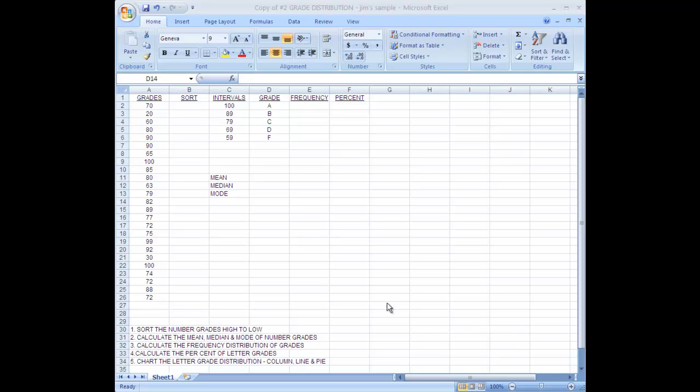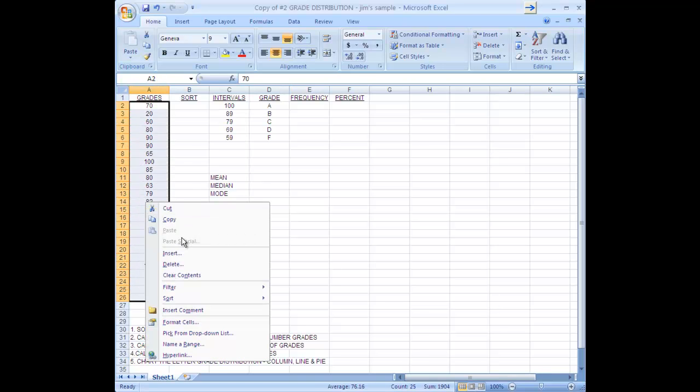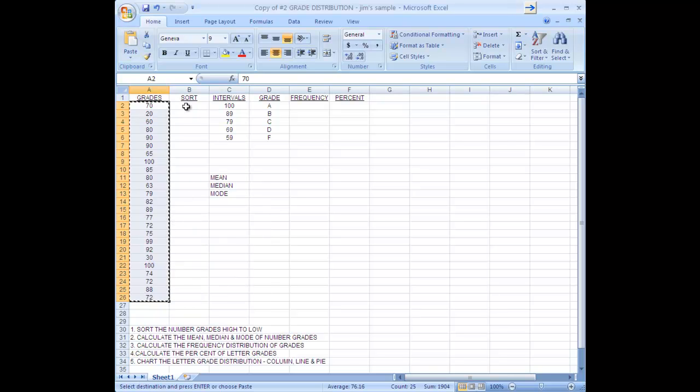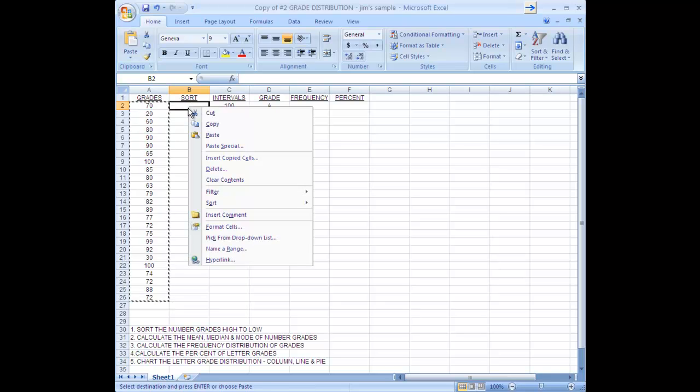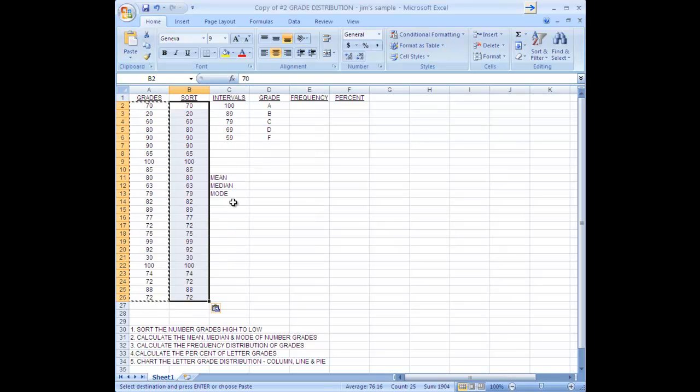In this segment, we'll do the grade distribution spreadsheet assignment number 2. The first step is to copy the grades from column A into column B and sort them. We've copied them into column B. Now we go over to sort and filter, sort from largest to smallest,